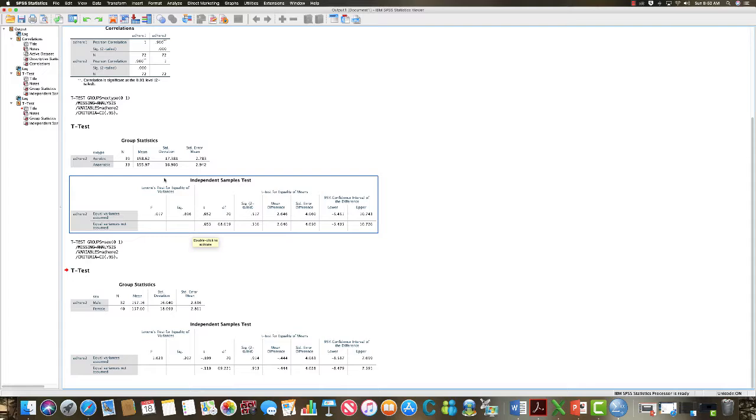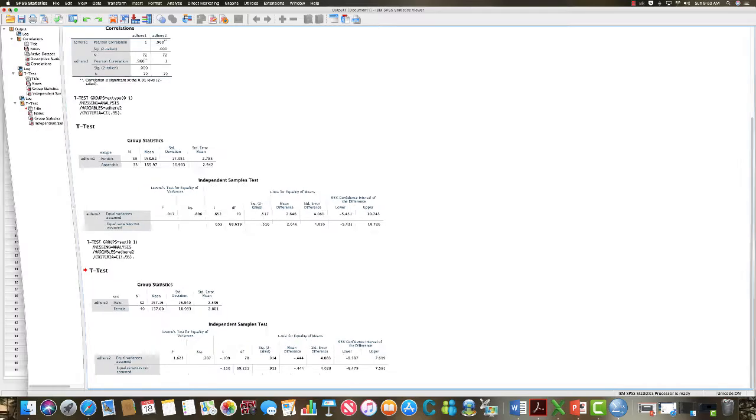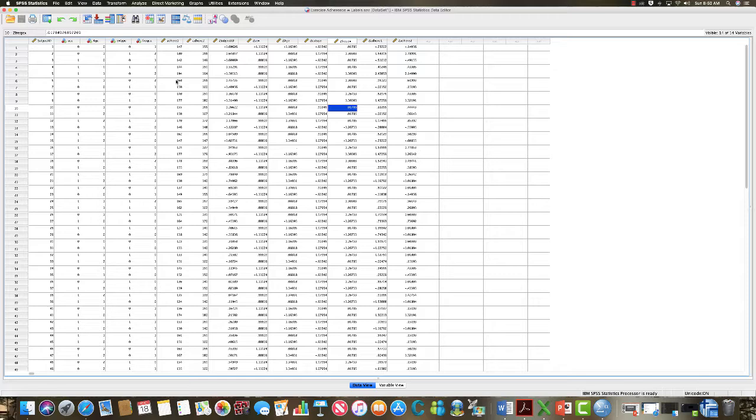The last test that I wanted to show you was a dependent means t-test, or they may call it a dependent samples t-test. Let's go back to our data set for a moment. Notice that we have a repeated measure. It's repeated time of test. In other words, they had a time of test 1 and a time of test 2. They had the exercise adherence test both times. So let's go to